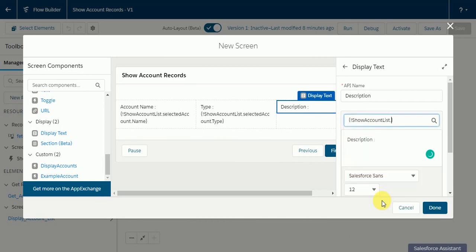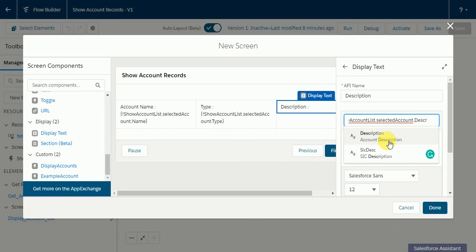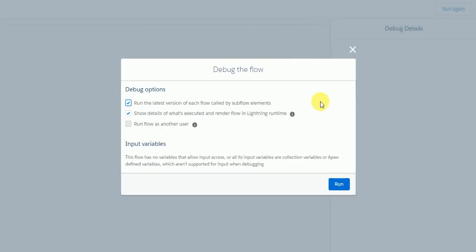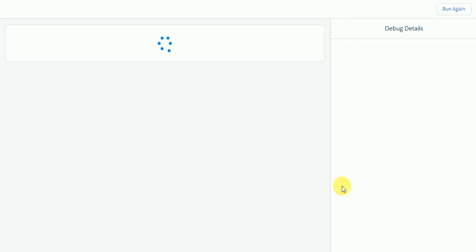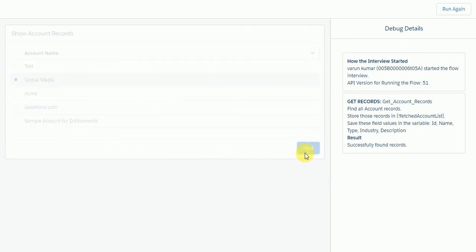Go back to screen component, selected account dot description, and click on done. Now just save your flow and just click on debug. Click on run. Now I'm gonna select global media account and just click on next.